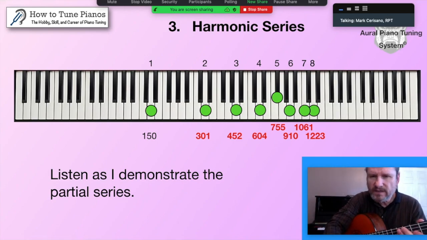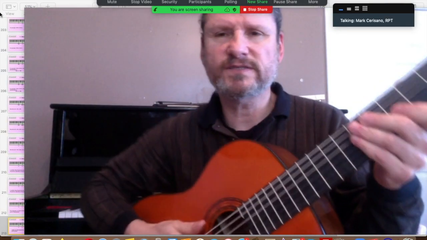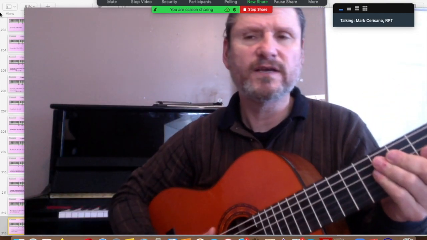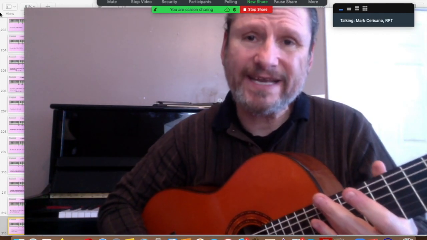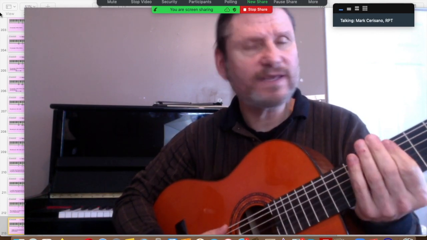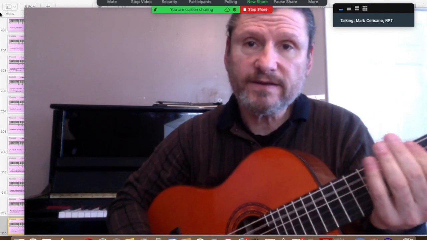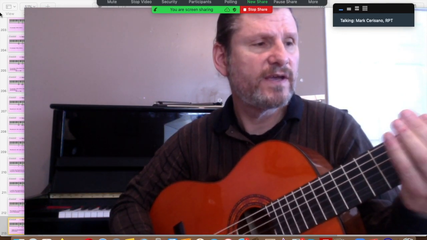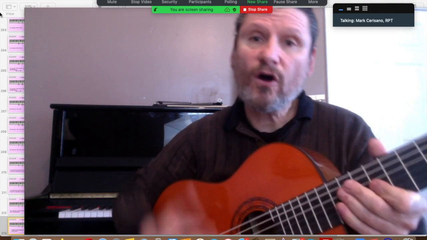Let me just see if I can make this a little bigger. Okay, so the harmonics can be found by cutting the string into even pieces. That's the fundamental. At the 12th fret, we're cutting it in half. And then the 7th, cutting in 3. If I'm not cutting it perfectly, it won't ring. And then the 5th. Those are all present